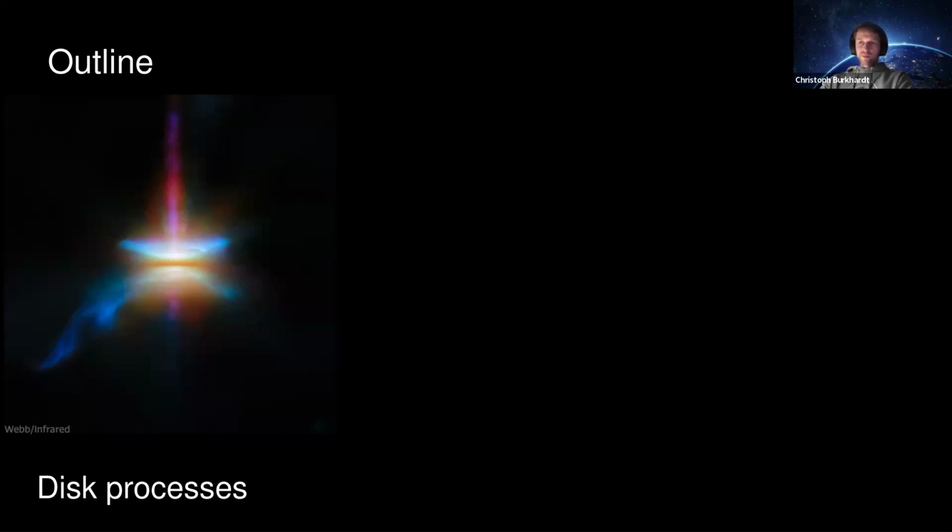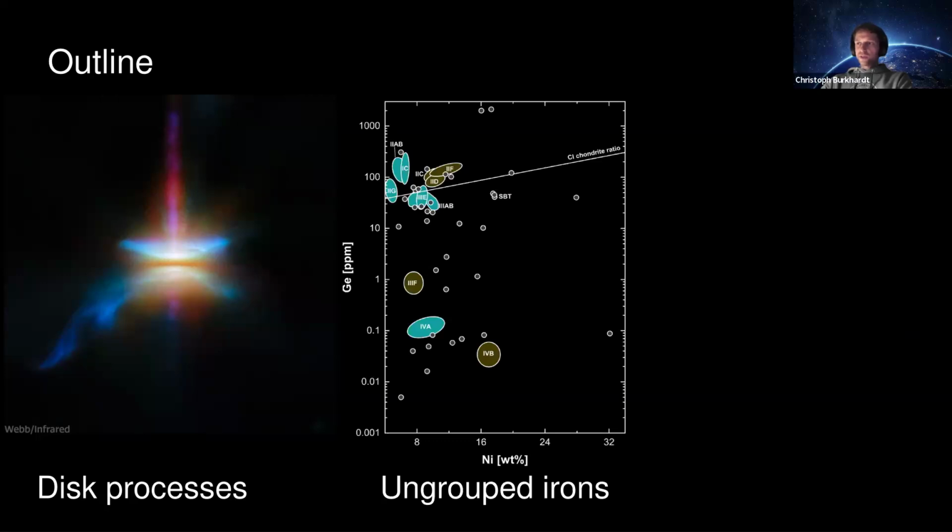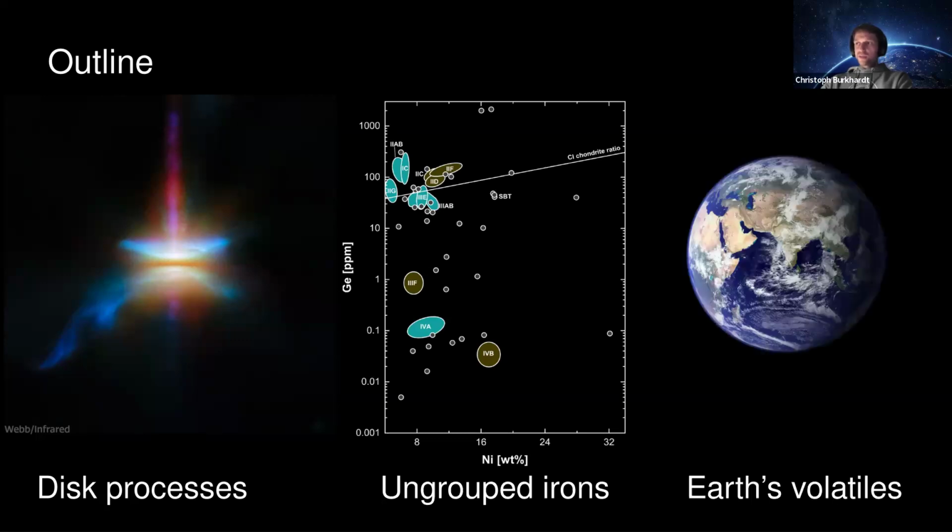One would be that we look at disk processes and how we can trace mixing. The second would be that we look at the genetic heritage of ungrouped iron meteorites. And if time permits, last, we will also use these anomalies to say something about what the heritage of Earth's volatile elements is. So why Earth actually became habitable, maybe. And to start with,